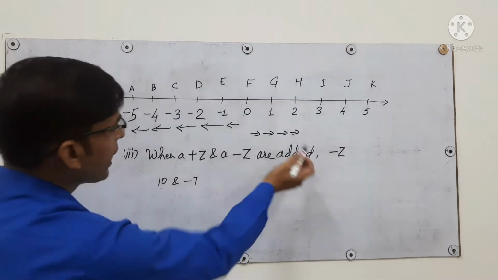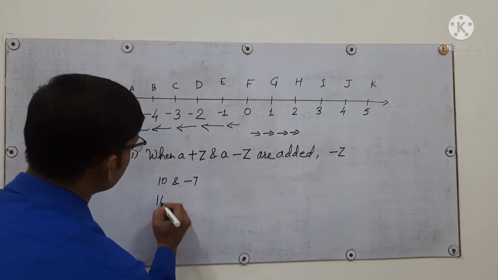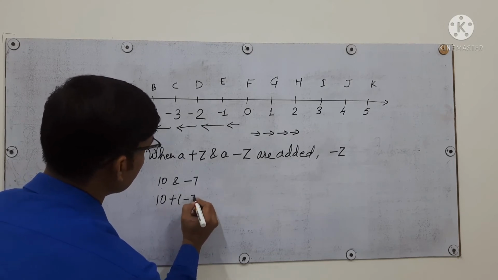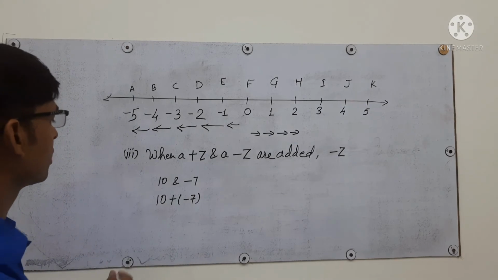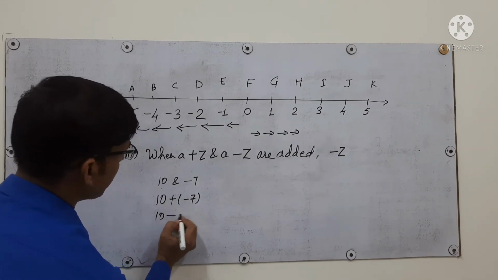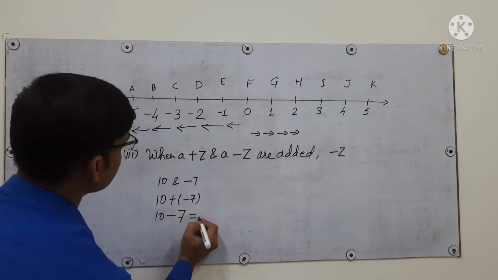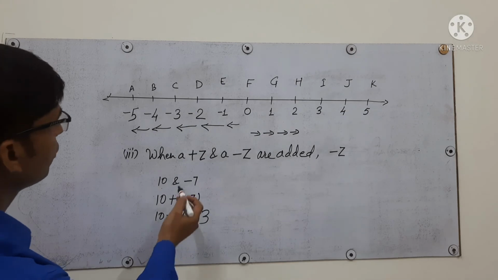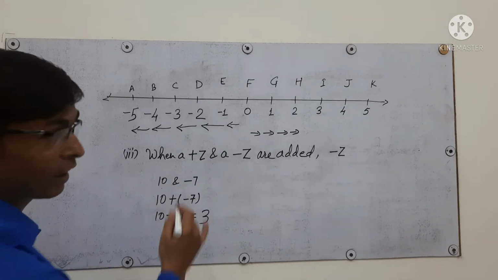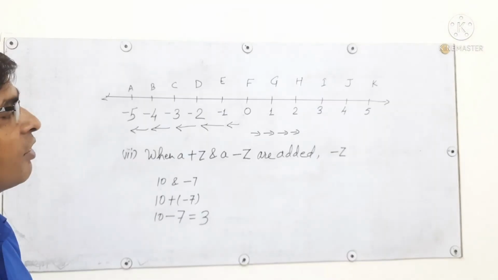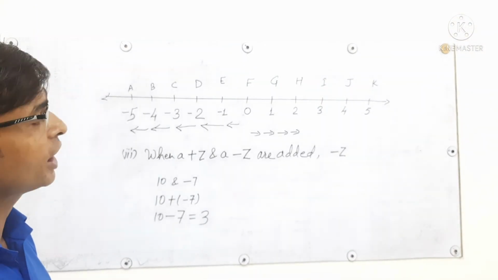And now we have to add it. Okay, so we are adding 10 plus, and here it will be a minus sign because this is a negative integer. So again here it will be 10, and plus minus will be minus, and this is 7. So what comes as the answer? 3. So in this form we are saying that it may be correct, but when a positive integer and a negative integer are added, we can always get a negative integer.